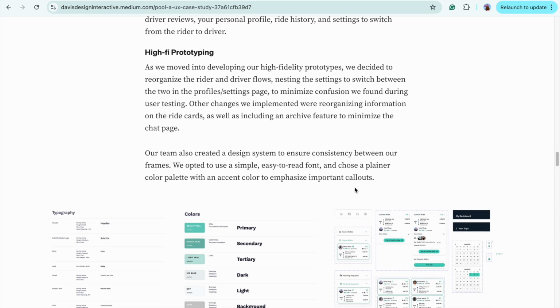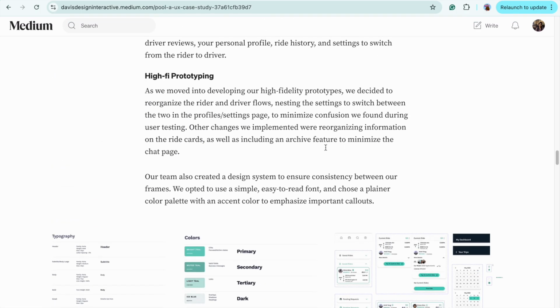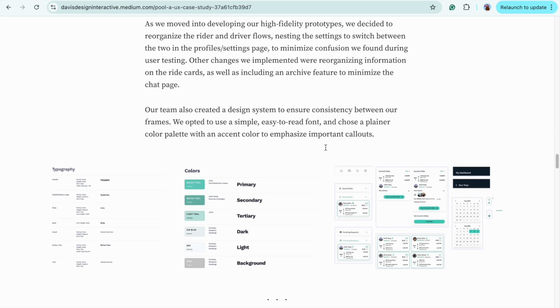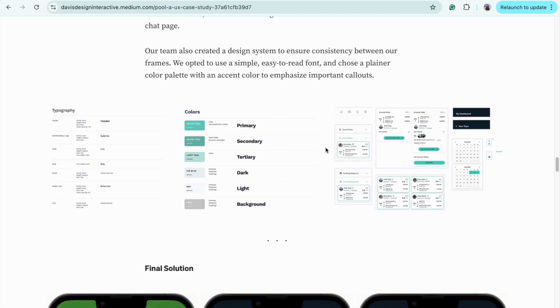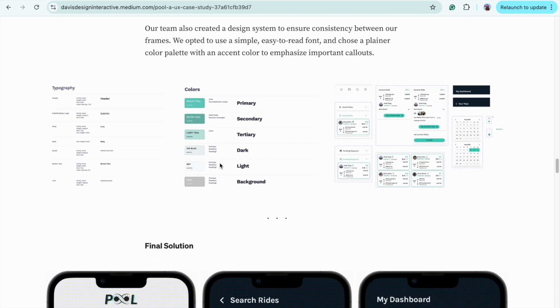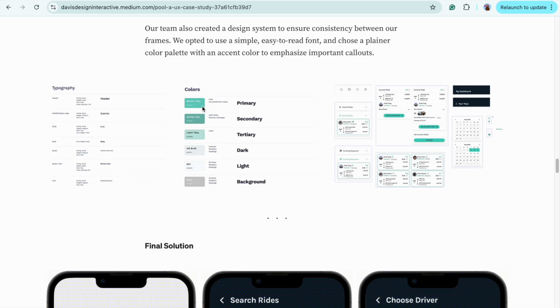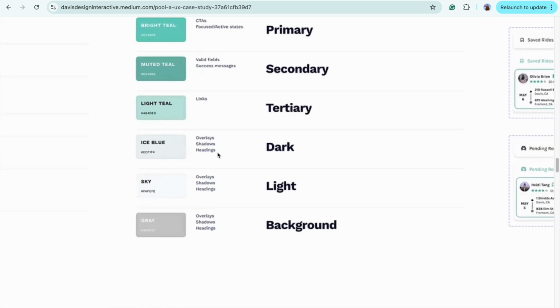And then the high fidelity prototyping, wherein they have added like the entire flow. So the UI elements like the style sheet, the design system, typography, what fonts have they used, what colors have they used, and for each CTA, what is the primary color, what is the secondary color, tertiary, and then within that what are the other components which they will be using, like overlay, shadow, heading,